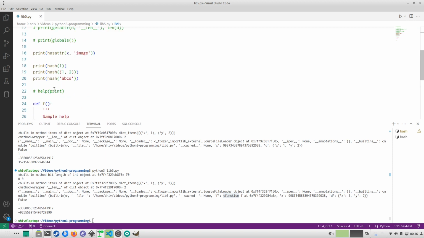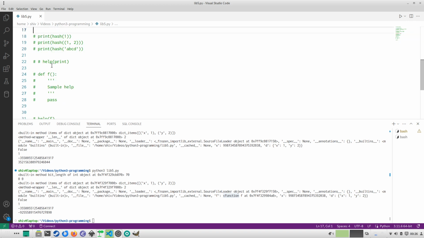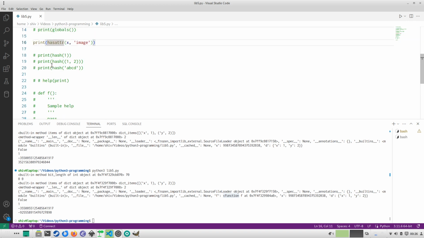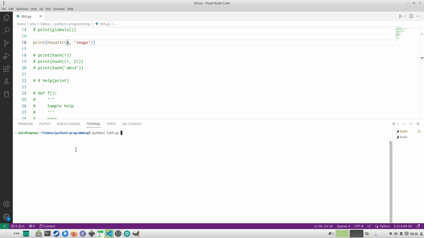hasattr. Now hasattr will test for existence of an attribute in the object. Like getattr, you can also supply a default value. So it is false. Now hasattr, how it works internally is that